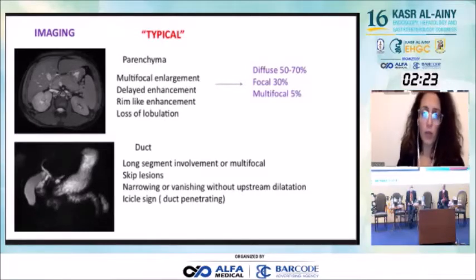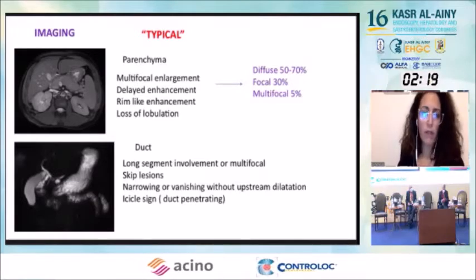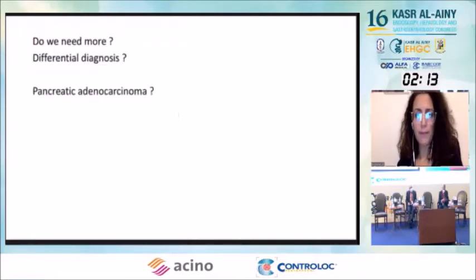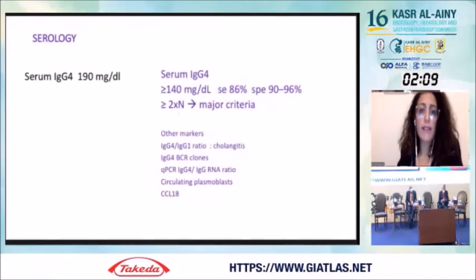Lymphoma could also be evoked here, but the bifocal finding is not typical of lymphoma, although swelling of the gland can sometimes evoke a lymphoma of the pancreas. So, is serology of any help? It is typically serum IgG4 that we will look for, and the elevation is